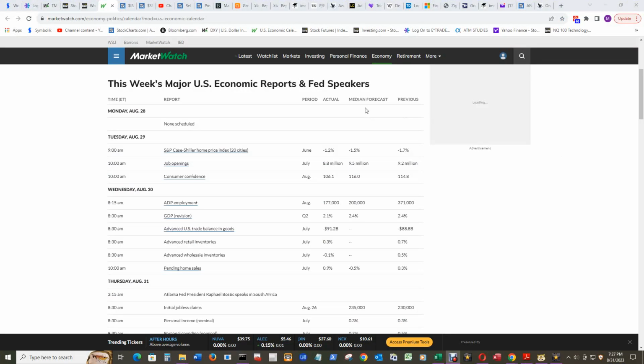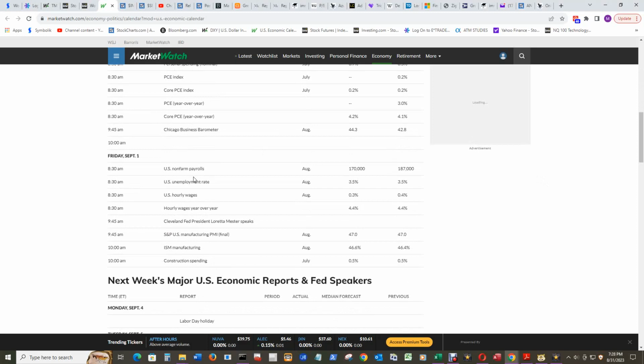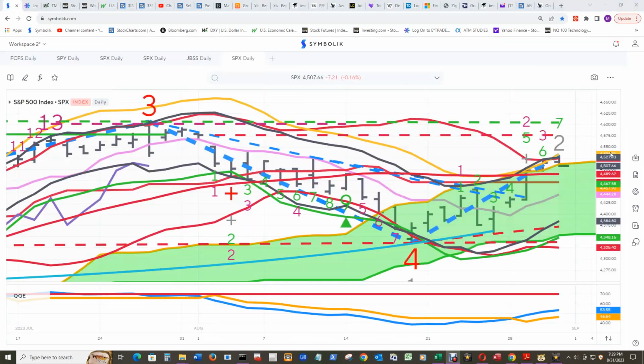And the Wall Street Journal sets these median forecasts for Market Watch. So the median forecast for the U.S. non-farm payrolls report, according to the Wall Street Journal, is at 170,000. So if it can meet or exceed that to the downside and get worse, and more bad news will be good news for stocks, and blast through this little conglomerate resistance zone right here and get above the cloud